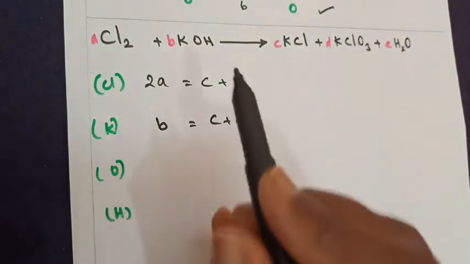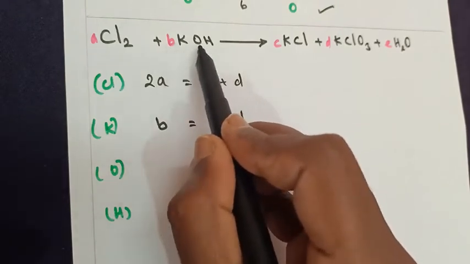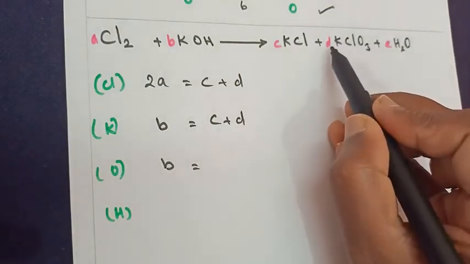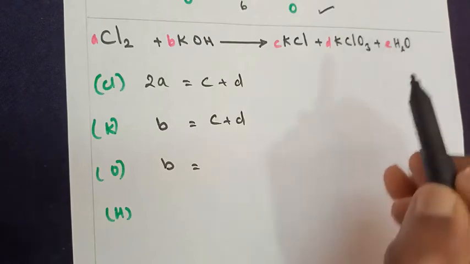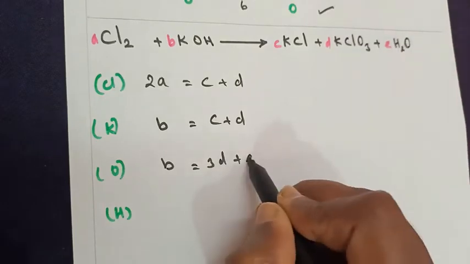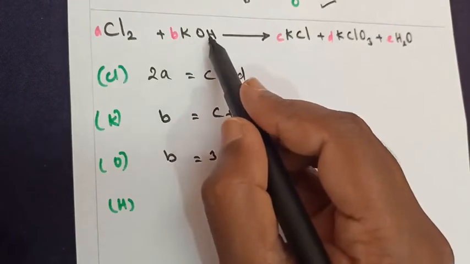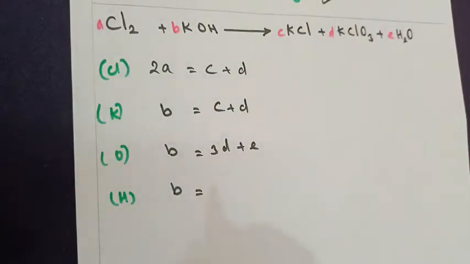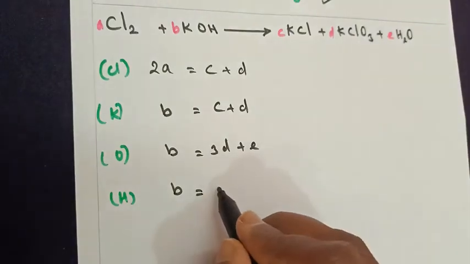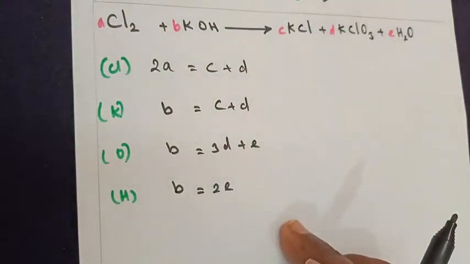Let's move on with the oxygen. How many times oxygen we've got here? B. Only when there is nothing, we imagine it to be 1. So 1 into B will be B is equal to, on the other side you've got 3 times oxygen with D and 1 time oxygen with E. So how shall we write it? 3 into D will become 3D. There is only one with E, so 3D plus E. Fourth one, in terms of hydrogen. How many times hydrogen we've got here? Here again B is equal to. Do we have hydrogen anywhere? No, we have it in the last term. So let's write how many times hydrogen we've got here? 2 into E times. So this is the usual way of representing.